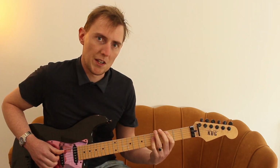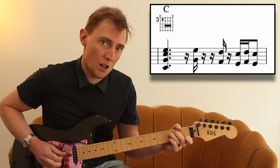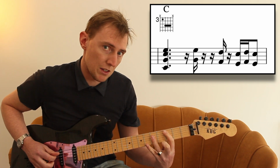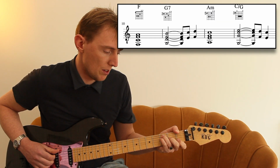Then we land on the C for a beat and a half, and then there's a tricky little filler lick that comes after there. So that would sound like 1E and a 2E and a 3E and a 4E and a... Once we finish that lick, we come down on the F chord again,